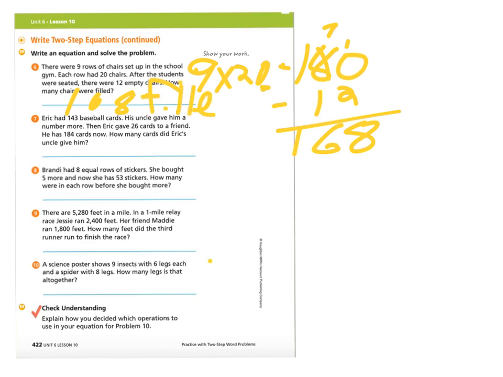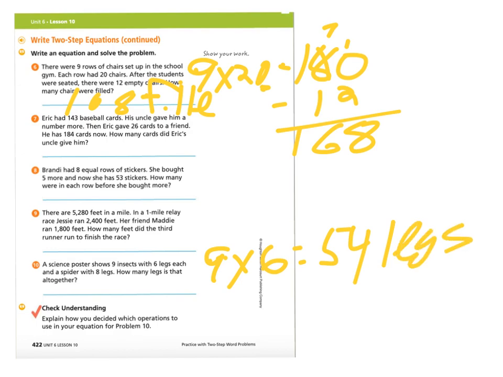And I'll do the bottom one too. Science poster shows 9 insects with 6 legs each. So that's an equal groups problem. 9 times 6 is 54 legs. And then a spider with 8 legs. How many legs altogether? So we'd add 8. So plus 6 plus 2, 62